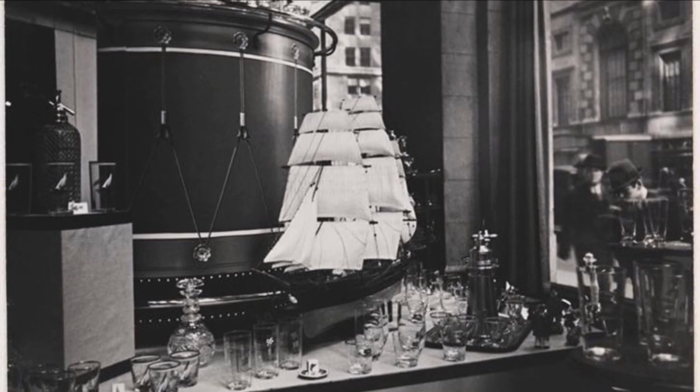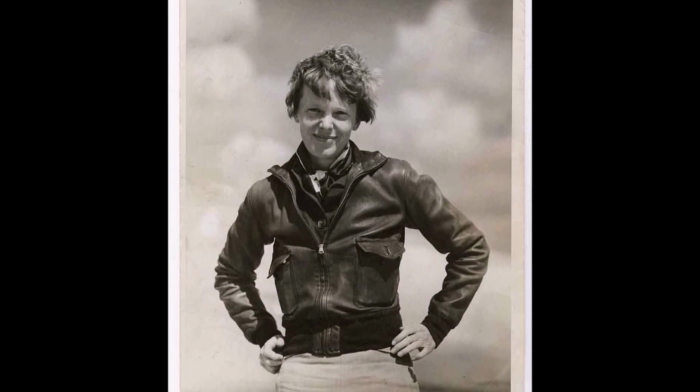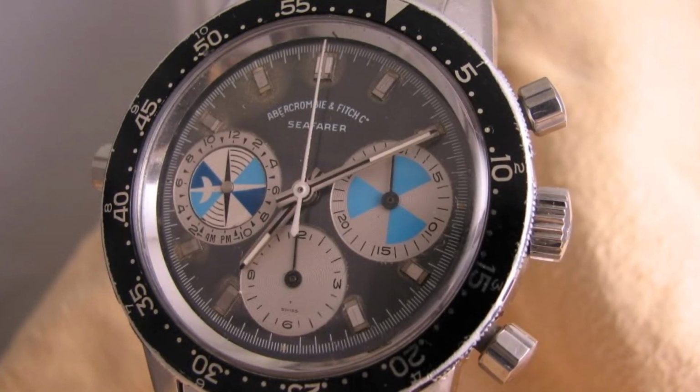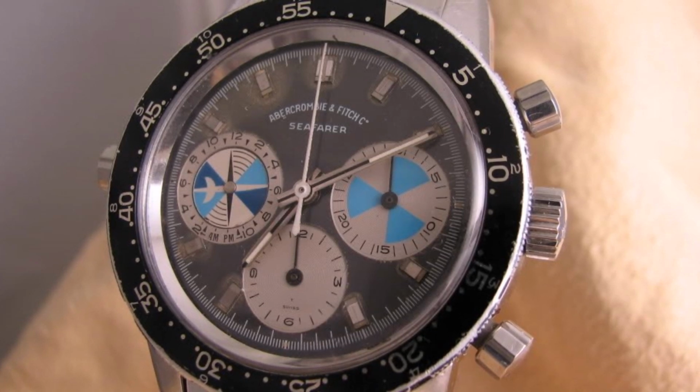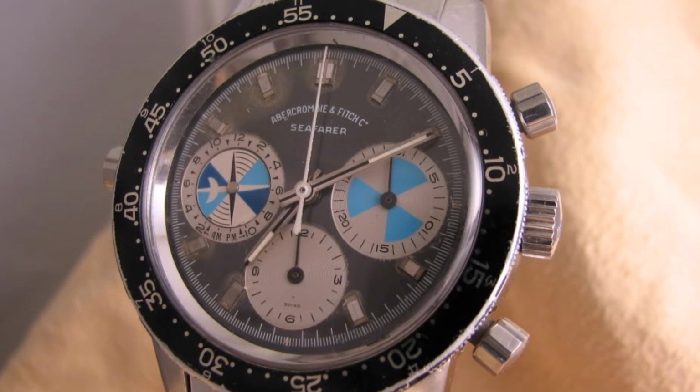They even equipped Amelia Earhart with a leather jacket for her flying adventures. So, in line with their sporting and adventurer heritage, Abercrombie & Fitch sold a line of watches under their own brand name and made by the Swiss watch house Hoyer. The Seafarer was the second line of watches they sold in partnership with Hoyer, and its uniqueness was that it